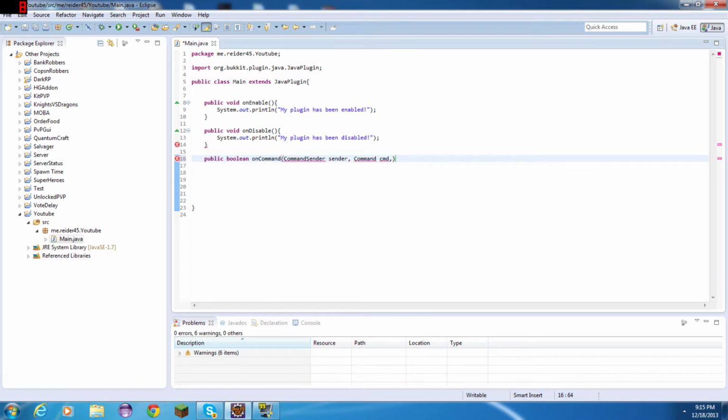Command cmd, String label, String args, and you want to have square brackets after String. Okay, and now you want to put curly brackets,